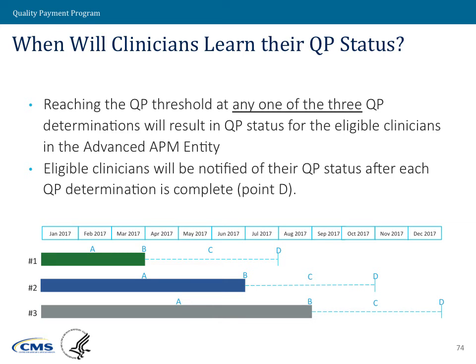Part C there is where we allow for claims to run out and do the actual analysis to determine who met those thresholds. And then our estimated point D is when we'll have final determinations. So if you, as a group, meet the QP thresholds and we identify you as such at point D, then you are a QP for purposes of that cycle.